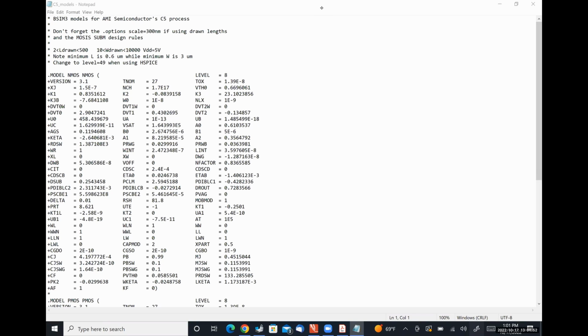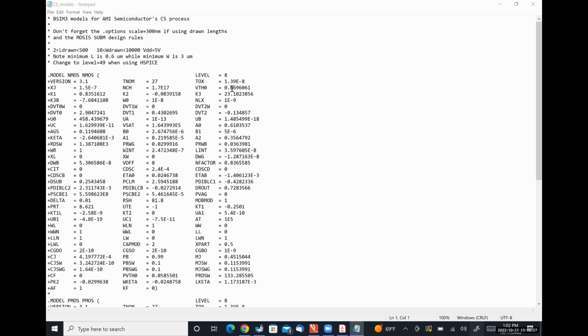There is so much information in this thing that I honestly don't have the foggiest clue what it means. We can see some important things like VTH naught. That's our threshold voltage. I know what that means all day. That's great. Okay. Tox is the thickness of our oxide. So 13.9 nanometers, that agrees pretty well with what onsemi's press release says of 13.5 nanometers for the oxide